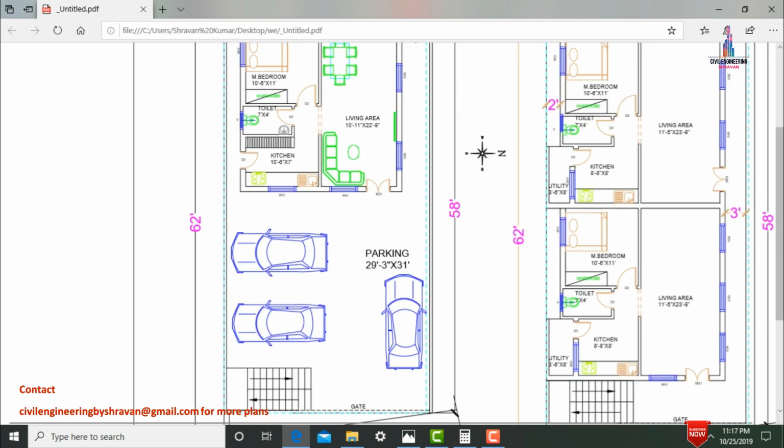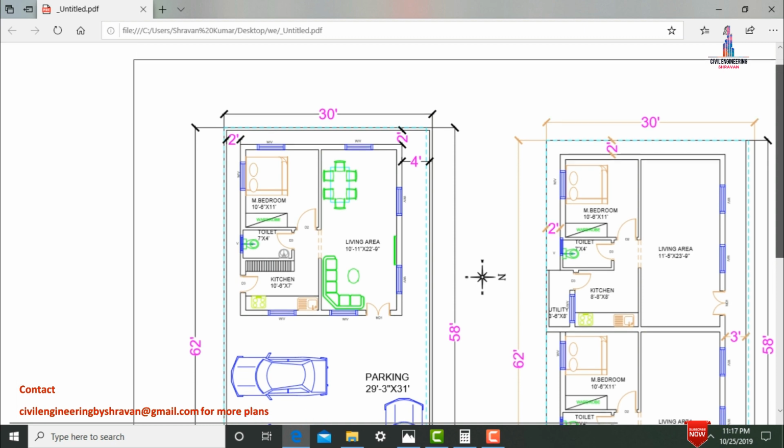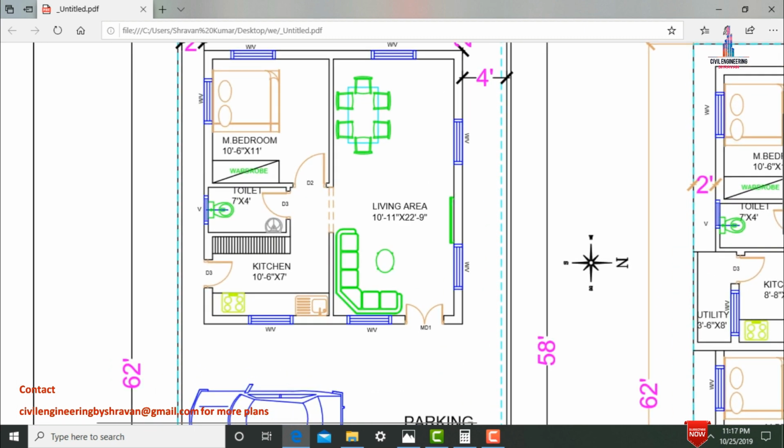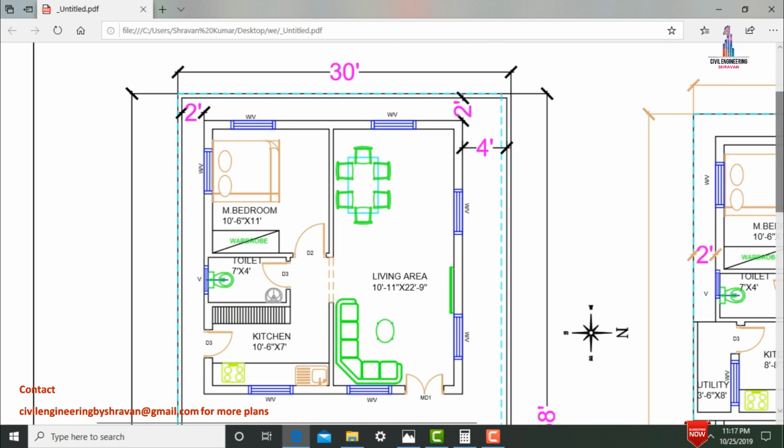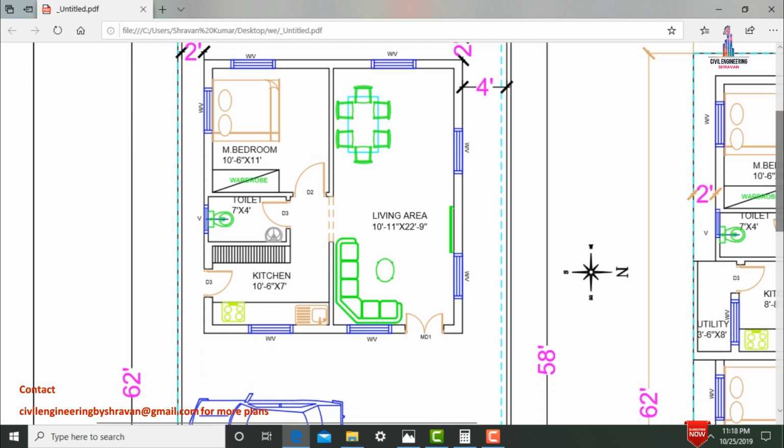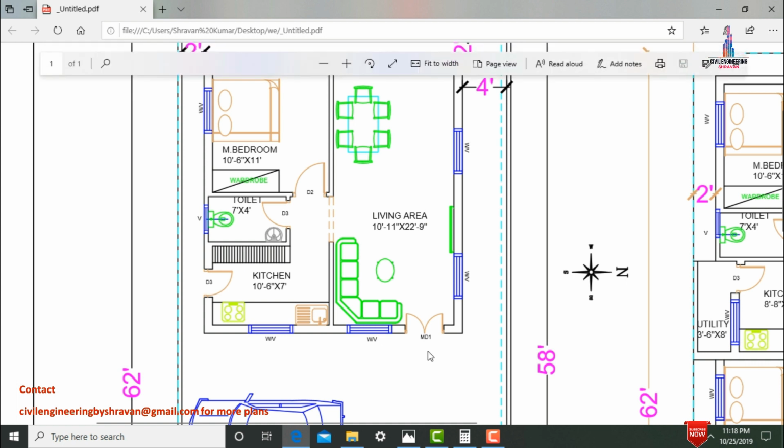After that I will show you the plan for the single story house. This is the single story plan for this house, which consists of a living area, kitchen area, toilet as well as bedroom. In east facing direction it will have a main door, which is a double panel, and it will have a window in east facing direction for this hall. Through this main door we are entering into the living area.